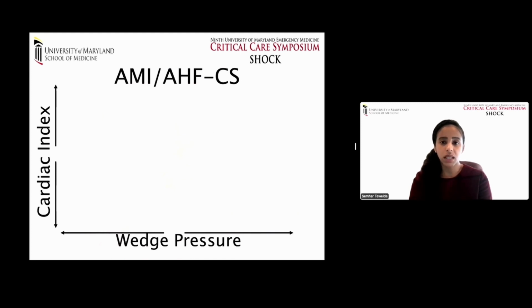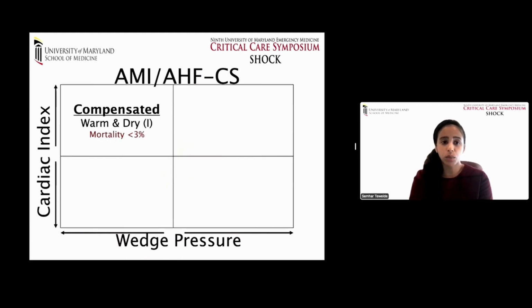So when a person has a good cardiac index and they are dry and they have a low pulmonary capillary wedge pressure, they're compensated. The mortality numbers that you see listed there are in patients that had acute myocardial infarctions. When your patient comes in slightly decompensated, they have good perfusion, but yet they are congested. So a PCWP, pulmonary capillary wedge pressure, greater than 15 to 18, they may be congested. And when you do your lung ultrasound, you may see B lines requiring diuresis potentially,